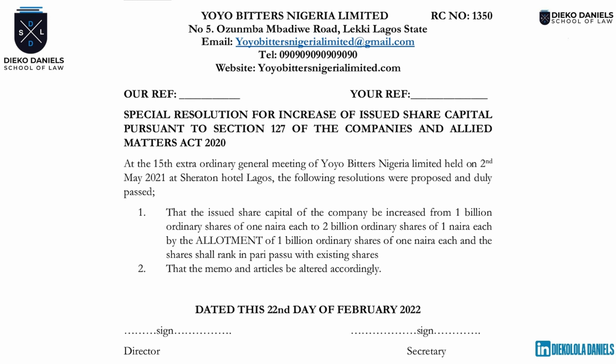The reason is, if you draft a resolution, this thing might be confusing, right? At the extraordinary general meeting held on, although it's a distinction without a difference. Because if you say at the extraordinary general meeting held on so day of so company, although it's clumsy, it's not necessarily missing the information, which is the substance, is there. You know the company that is holding it is Yoyo Bitters. You've stated it there. You've stated the date there. You've stated the number of the meeting, the 15th extraordinary general meeting. You've stated the location. Although it is not the way law school would expect it, it has the information there.